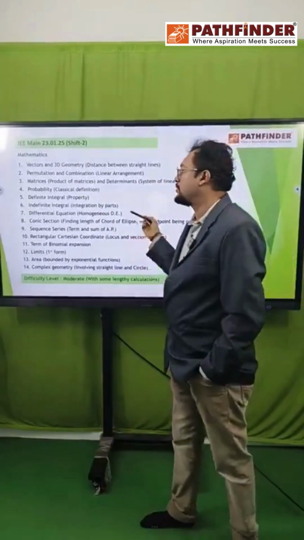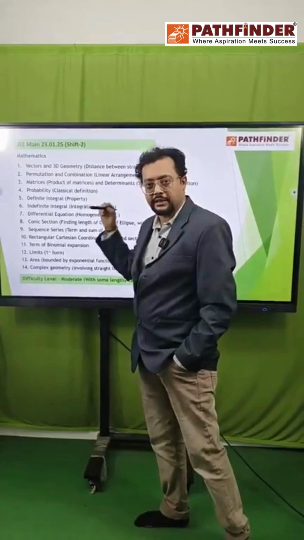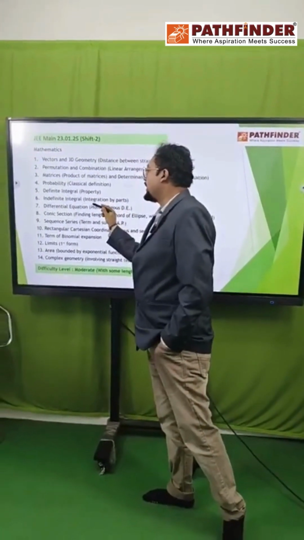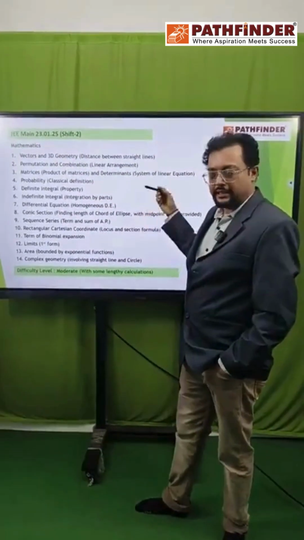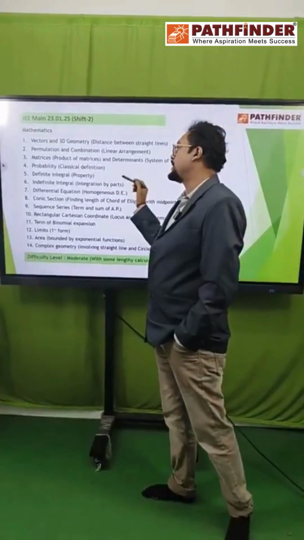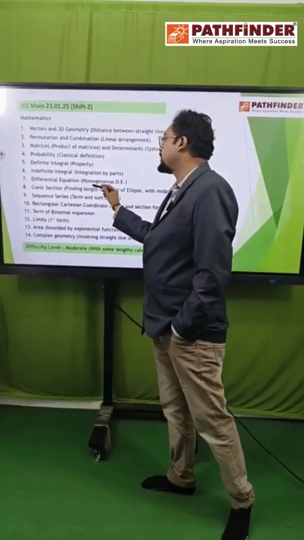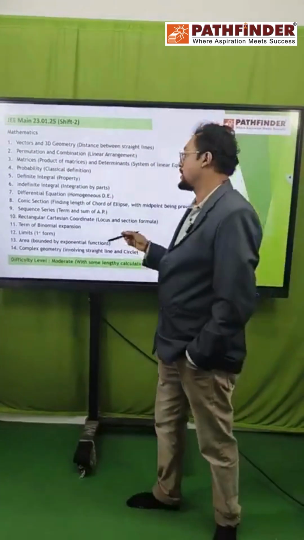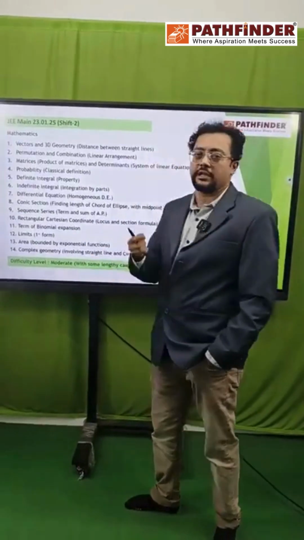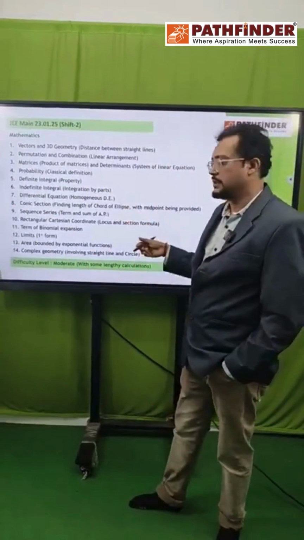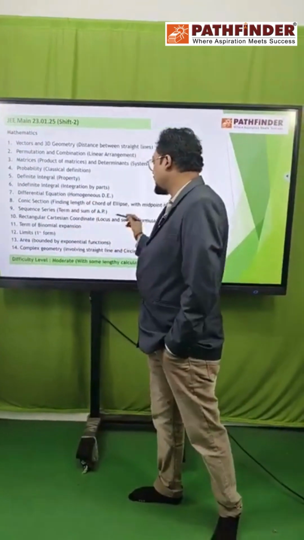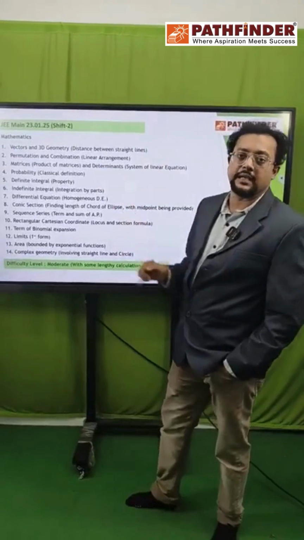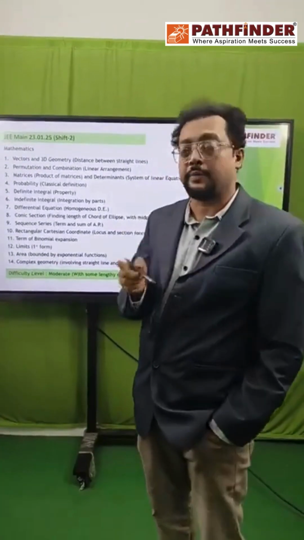I can remember that it was a problem on King's property, they told me. Coming on to indefinite integral, again integration by parts. Again indefinite integral is coming from integration by parts. A differential equation problem was there, that was a homogeneous differential equation where you just need to take y equal to vx and proceed. Conic section, again in last papers we have seen that in conic section problems were from hyperbola,